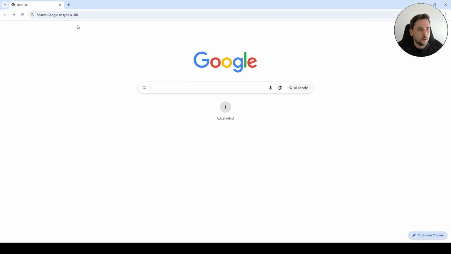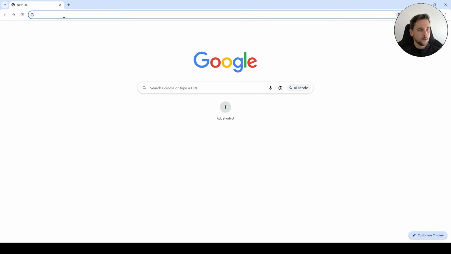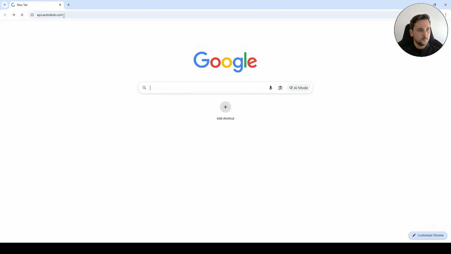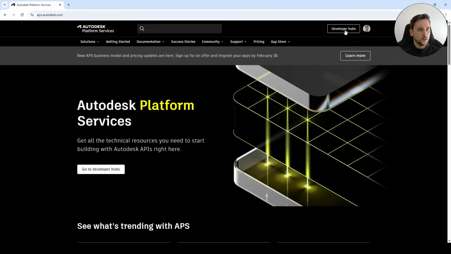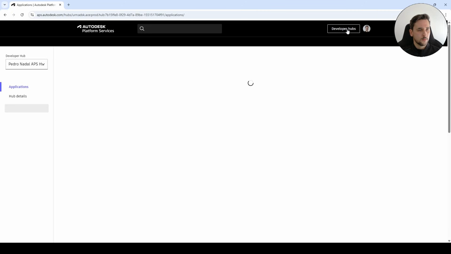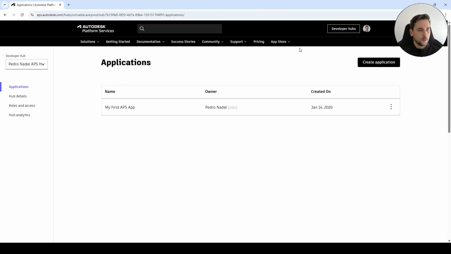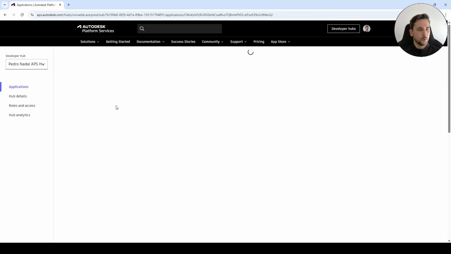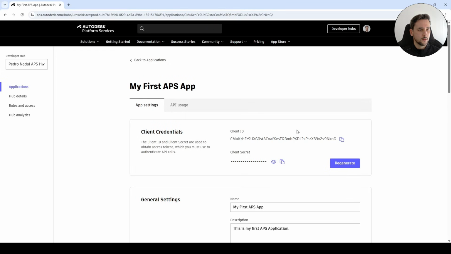So first we are going to go to aps.autodesk.com, click on Developer Hubs, and we are going to select the application that we want to add as a custom integration. For that we are going to need the client ID of the application, so we can click on the copy button